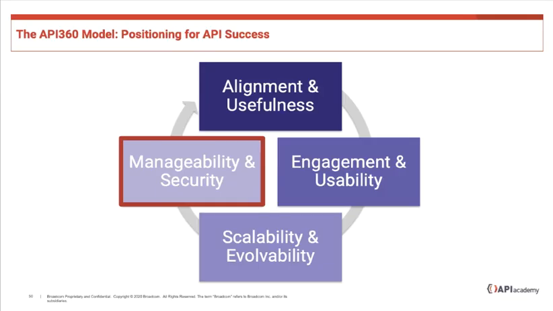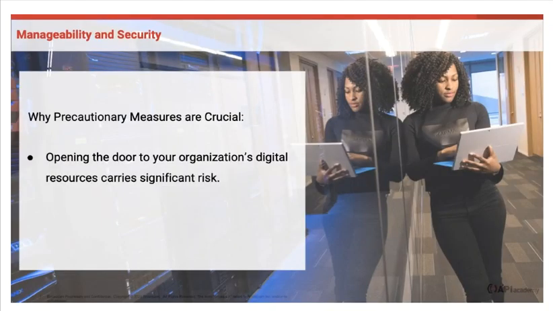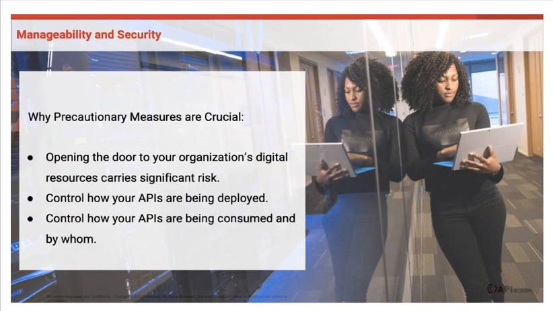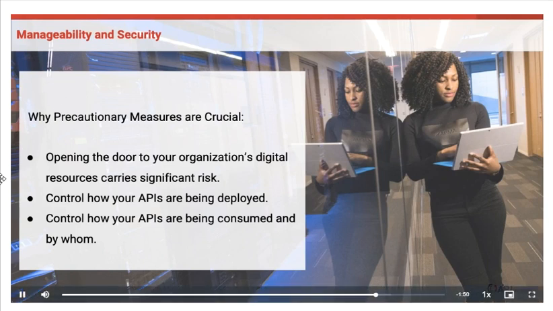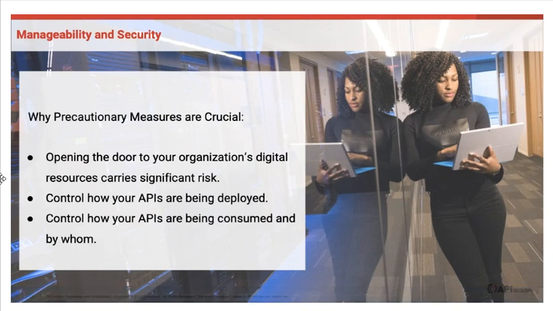Finally, we come to the fourth set of considerations, and they're equally foundational to the other three: manageability and security of your API program. While well-defined digital initiatives are essential to the growth of your enterprise, opening the door to outsiders carries significant risk. It's important to maintain control over how your APIs are being deployed to avoid finding yourself in a situation that doesn't serve your best interests. Therefore, your API should be designed so their activity is easy to track and manage. Likewise, your APIs must limit user access to your organization's data to what's absolutely necessary and make sure all users with access are appropriately authenticated.